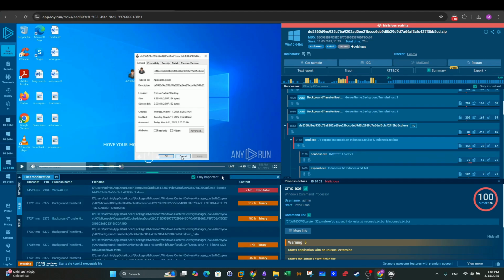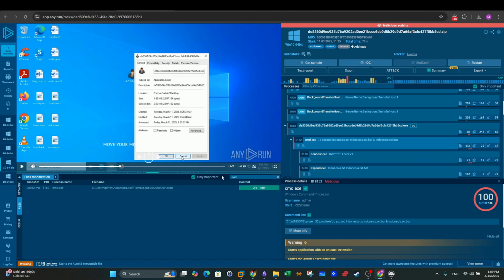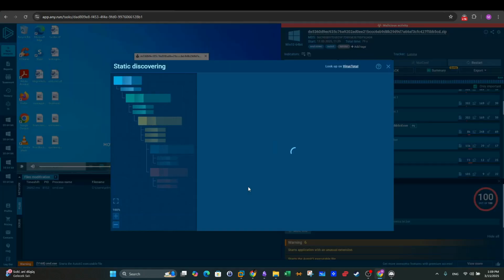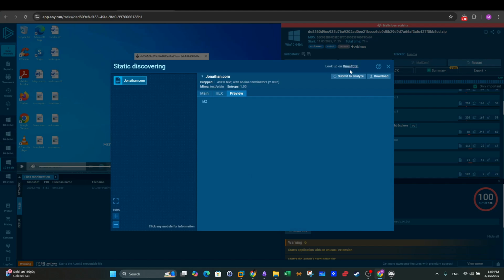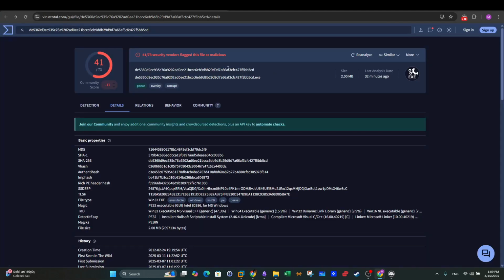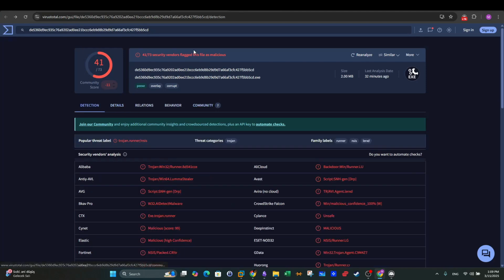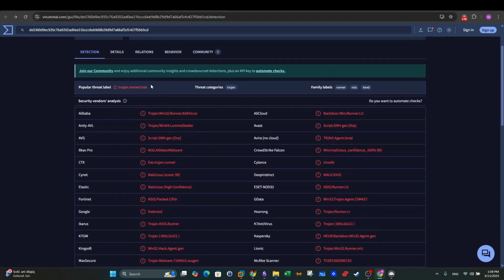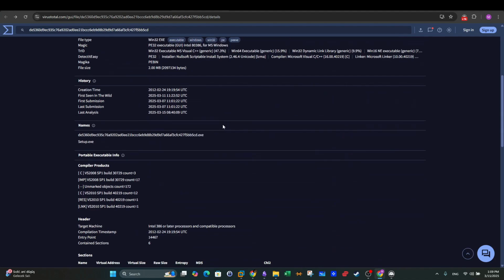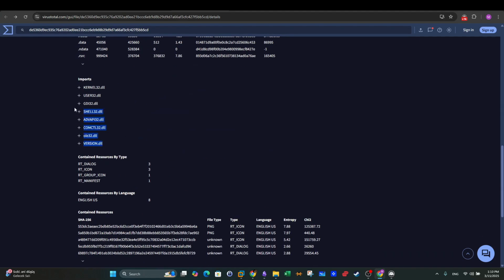So .com, search for the file. Here we can see Jonathan. You can click on this file and you can use submit or lookup on VirusTotal if you want to analyze this file. Here you see that Jonathan was flagged by 41 antiviruses as a Trojan. Click on details, other names for this file, imports,